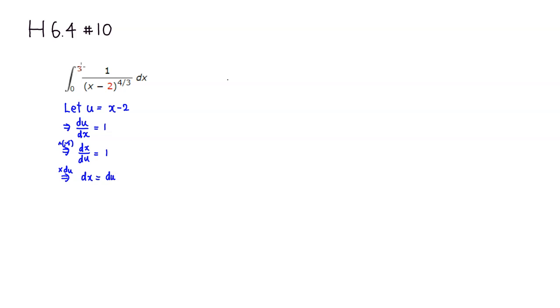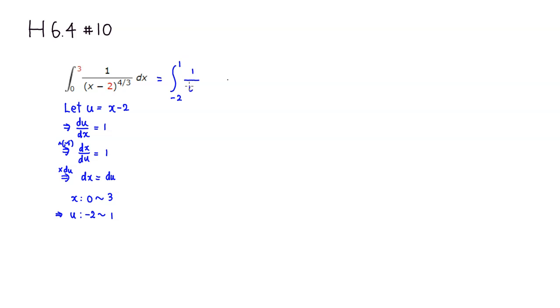Since this is a definite integral, we have to do the limit conversion. The original x goes from 0 to 3, and you just need to convert it to u. If you plug in 0, 0 minus 2, so u is going to start from negative 2, and then when x is 3, u is 1. So negative 2 to 1, right? So this integral can be rewritten as the integral from negative 2 to 1, then you have a 1 over